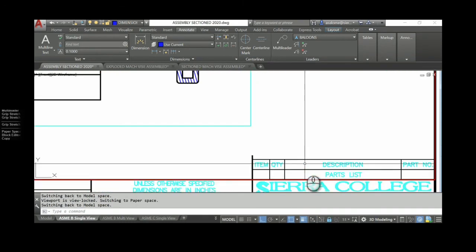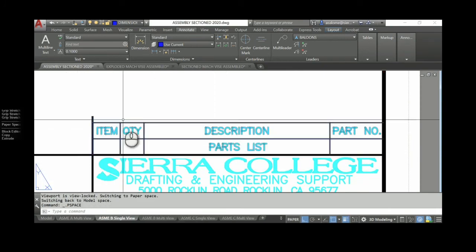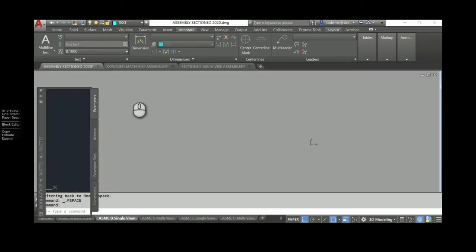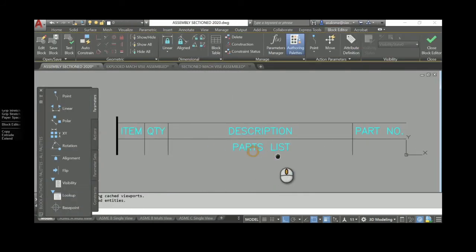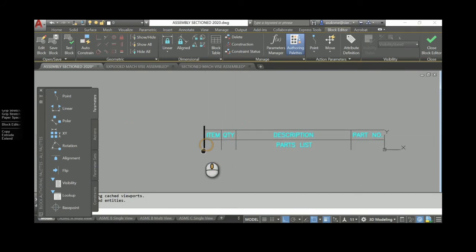And then we're going to edit the block. This is a block. It is in Paperspace, so I'm going to select that table, right click, and go to Block Editor. When I'm over here in Block Editor, you can use array or you can use copy. But here's what you need to know. This text is not 0.125. The text that you use must be. So I'm going to copy